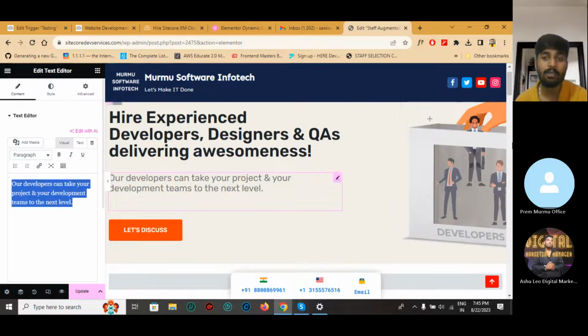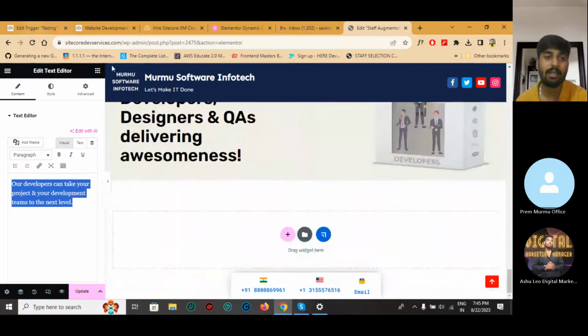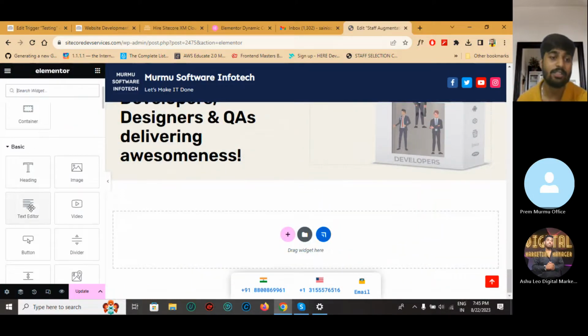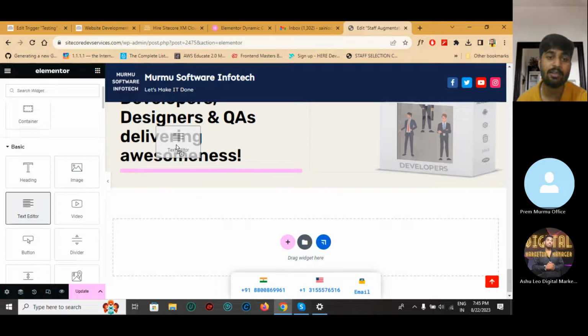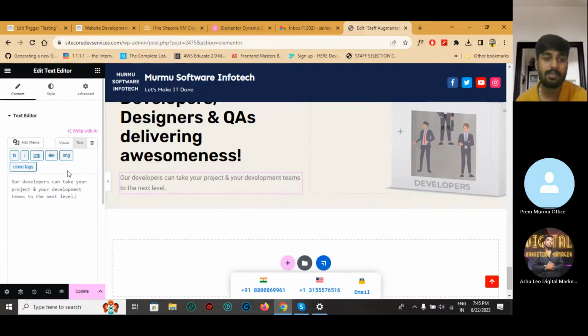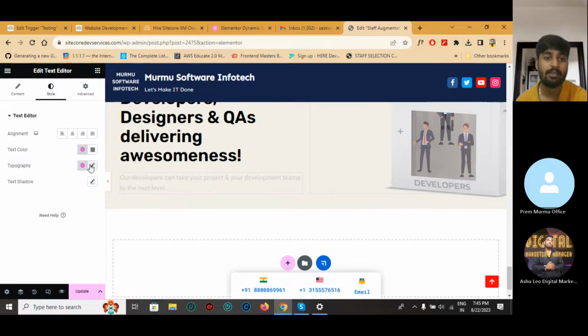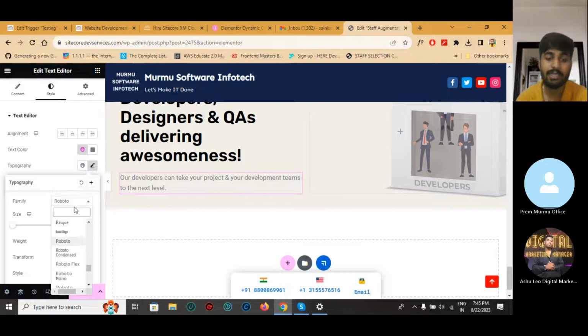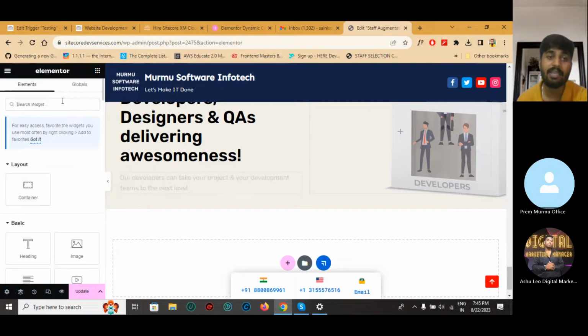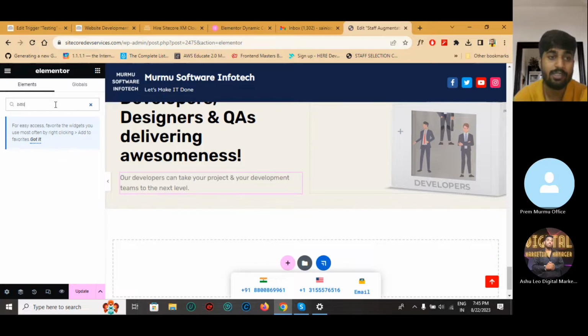Now the second component we have is a text editor. Let me copy it, then the text, and go to this section. As you can see, I drop the text editor here and copy and paste the text. Then again I want to choose all the settings the same, like Rubik as my font family. Then we have a CTA here as well. So what we need to do is just type button